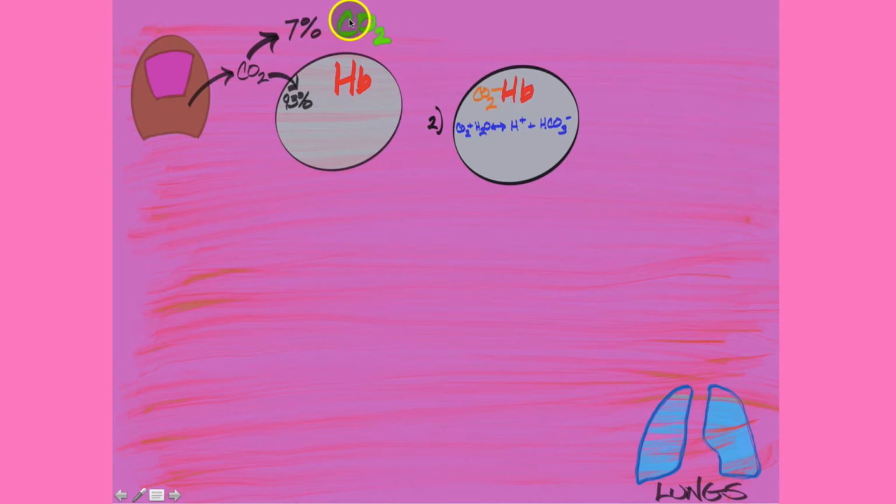Now I have CO2 here and CO2 here and CO2 here, all in different colors, just so we can follow these CO2, where they go and how they eventually get to the lungs. CO2 certainly is CO2 wherever it is. I'm just trying to show the pathway of this. Another thing I want to point out, I've got numbers on some of these steps, but at some point my numbers get off. So please disregard these numbers until we get to the very last slide